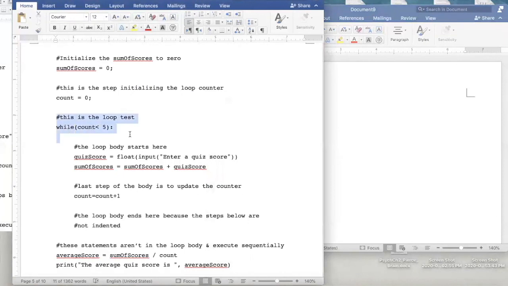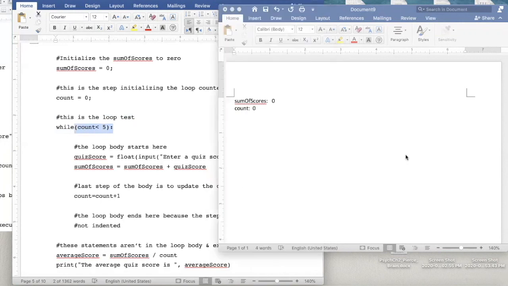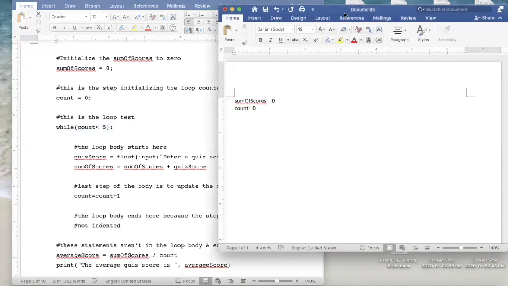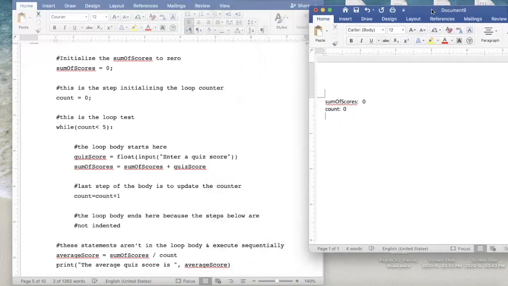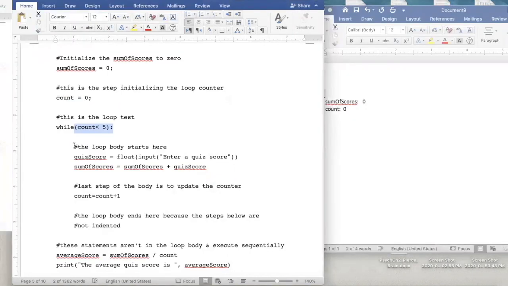Then the next thing that happens in our program is we encounter the while loop. When the while loop is encountered, we always evaluate the expression that's in the parentheses. So we want to ask ourselves, is the current value of count less than 5? Checking our current value of count, it's 0. So we're asking ourselves, is 0 less than 5? And we're going to get a true response there. Because the response is true, that means we have to execute all of these indented steps, everything that's part